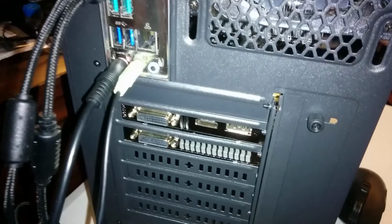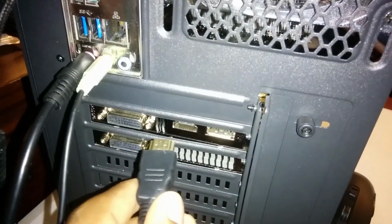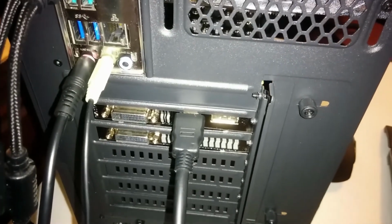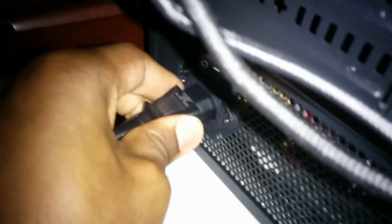Now for your monitor, and be sure to pay attention to this or you won't be using your graphics card. Plug your monitor only into the graphics card, which is right here. The I/O on the motherboard only outputs the integrated graphics, which is alright if you are going to use that and don't have a graphics card, but just be sure to plug it into the graphics card if you have a discrete one. Now, plug in the power for your monitor and power supply, and we're almost ready to